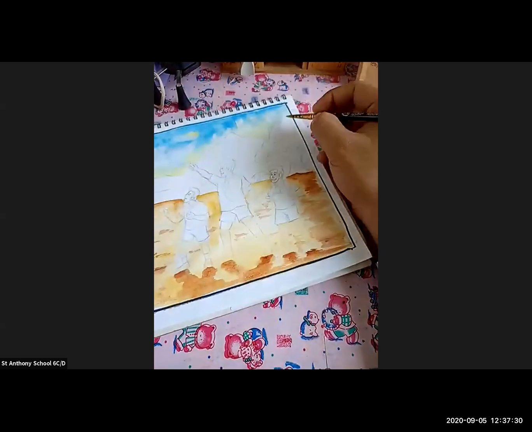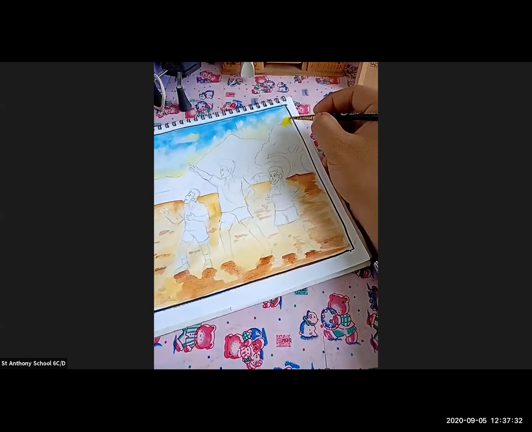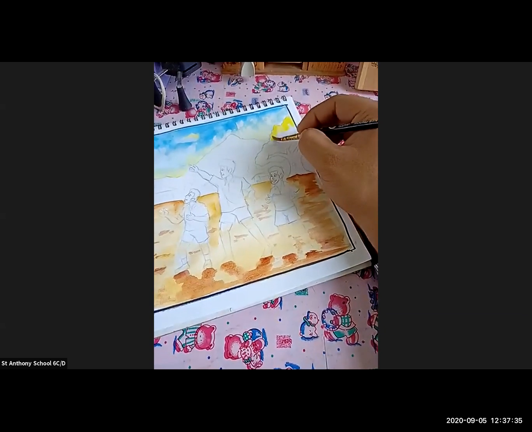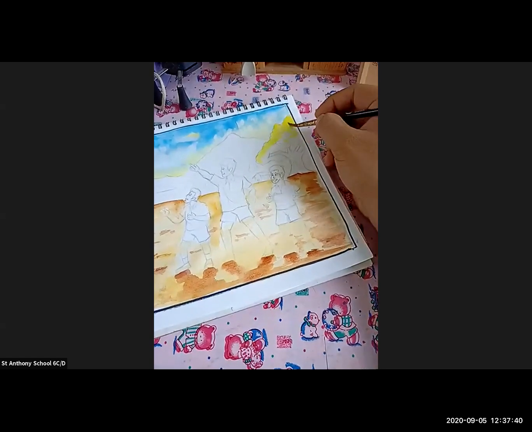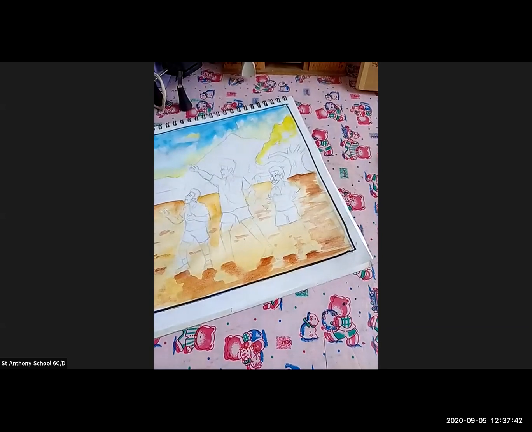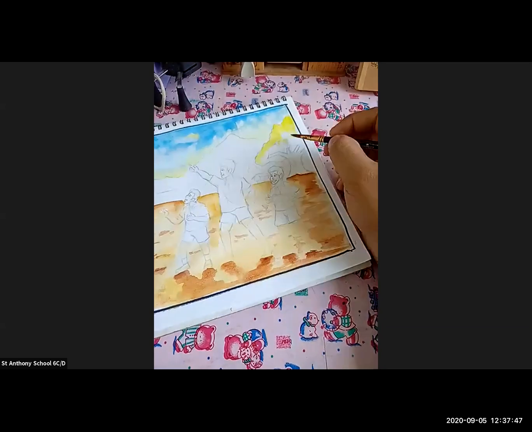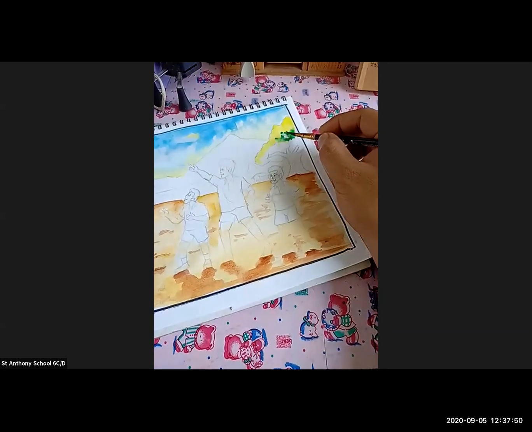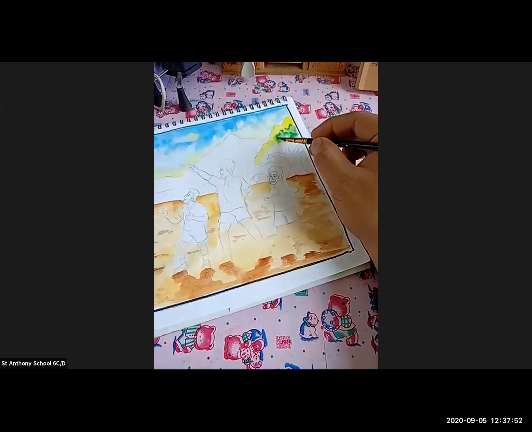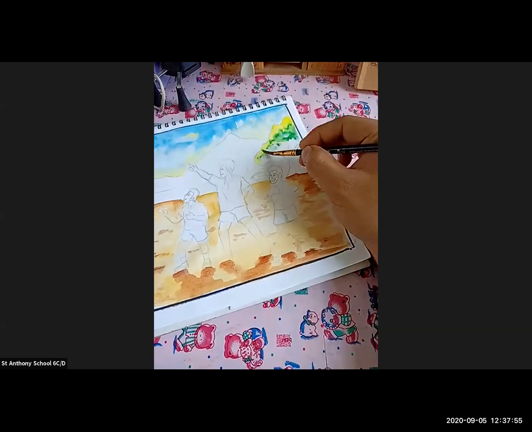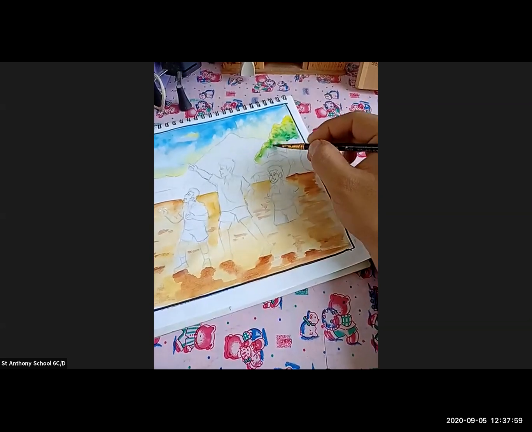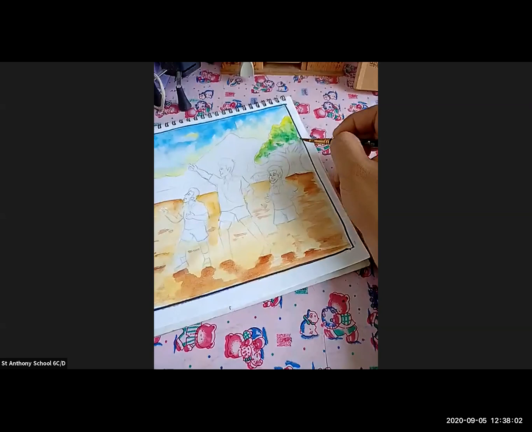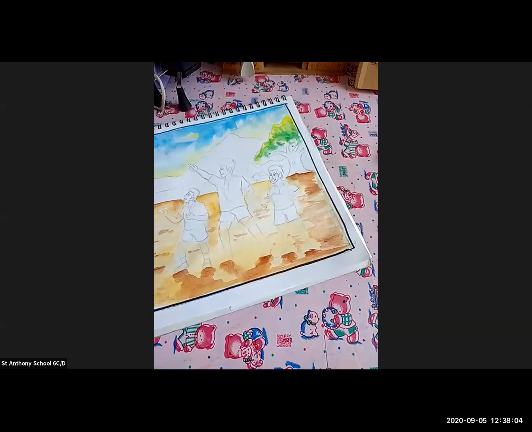How you're going to color the trees: the first upper part area will be yellow. You have to color it with yellow. Then I'm going to take a light green shade and spread some light green colors on this. So this is how you're going to color this. Yellow, then comes the light green, and down we are going to take a dark green color over here.